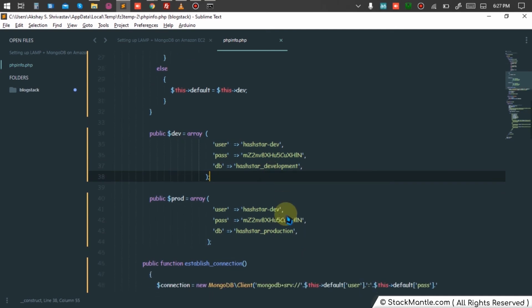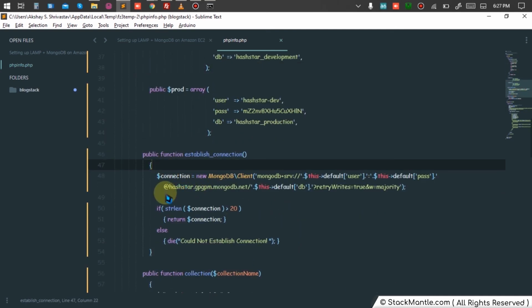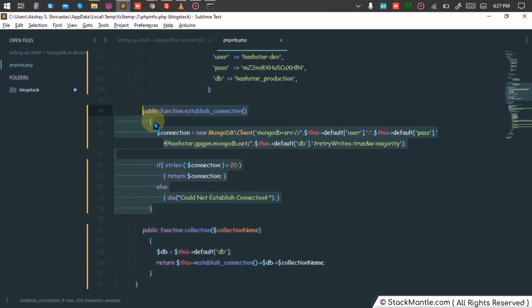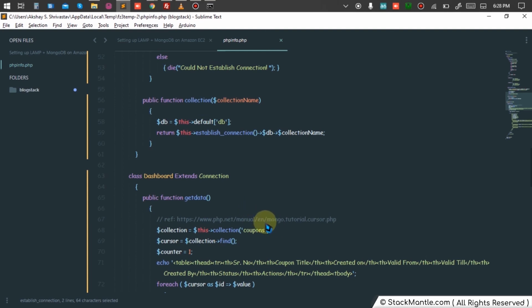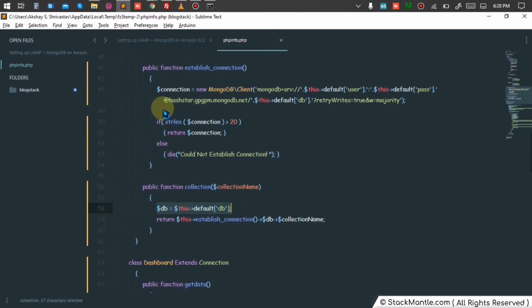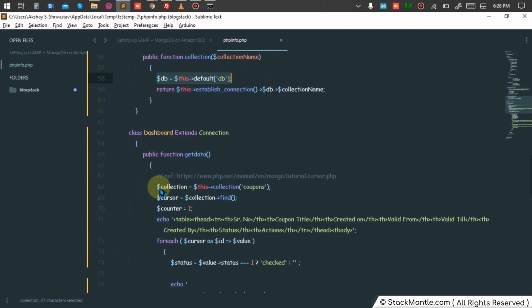Okay, so for MongoDB, I'm using a function for establishing a connection. So in this establishing connection, I'll use the string. I'll check if it is greater than 20 or not in the response, and return the connection. So every time you get the MongoDB connection, you have to make sure that you pass the collection name. So collection is basically, if you take it in MySQL terms, a table. So every time it's not possible for me to run one command and this establishment command, 3 commands. So I just wanted short and sweet, just one single command which gives me everything.